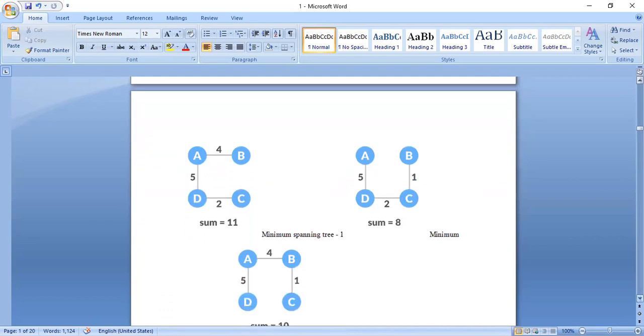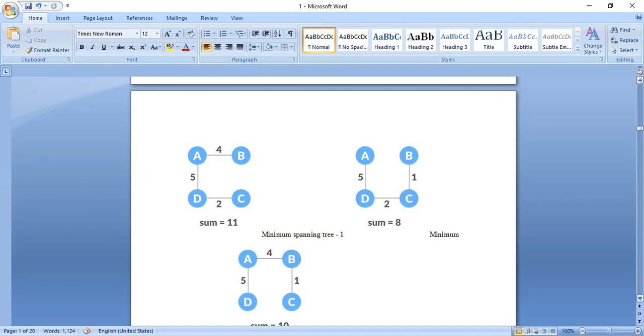So what are the different spanning trees available? I can build different spanning trees. That is, I can visit the different cities in the country in different ways. First, I can visit Chennai, and next Mumbai and Delhi, and next Kolkata. Or I can start from Chennai, I can visit Kolkata, Delhi, next Mumbai. Or I can start from Chennai, visit Kolkata, next Mumbai, next Delhi. In this way, I can visit all the nodes, all the cities in a given graph or in a given country in different ways. That is nothing but a spanning tree.